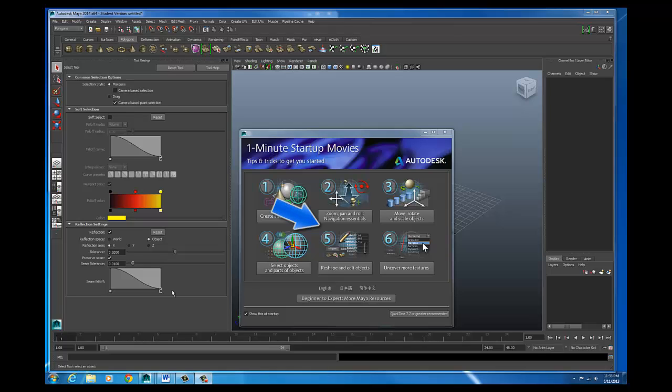Number 5 is reshaping and editing objects using the menus that are very prevalent. There are lots of menus, lots of windows in Maya. And number 6 is also uncovering more features. If there's one thing Maya has, it's lots and lots of features. Tools on top of tools, features underneath features, and you'll see that